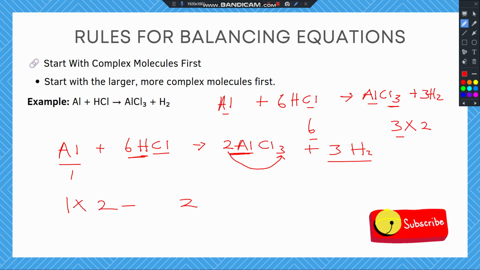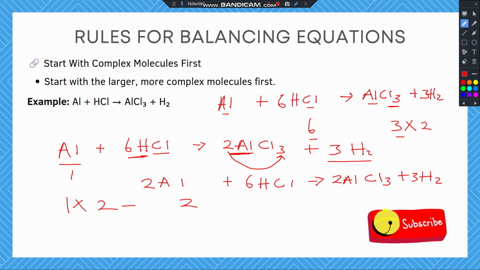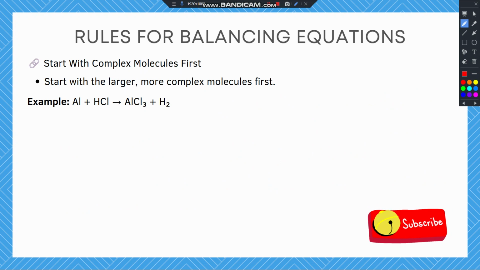So doing that now, our equation now becomes 2Al plus 6HCl giving us 2AlCl3 plus 3H2. So at this point, every atom and every element is balanced. If you check it out now, we have 2Al plus 6HCl giving us